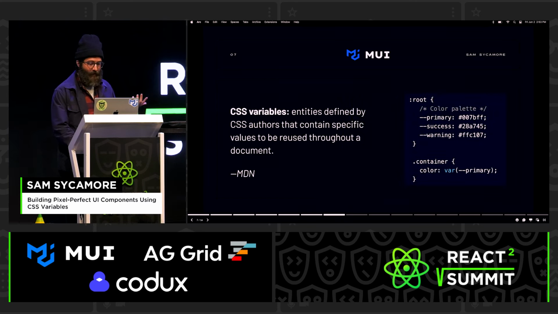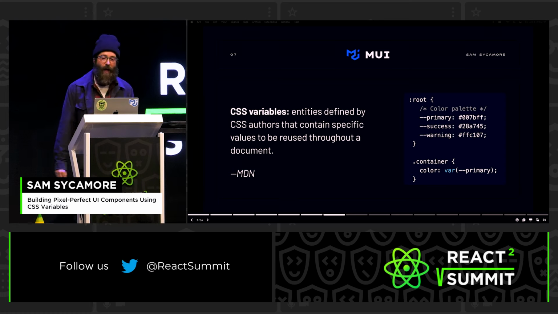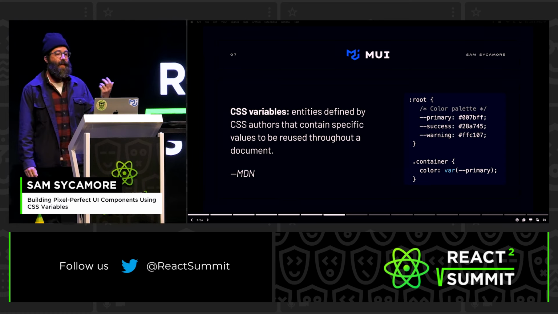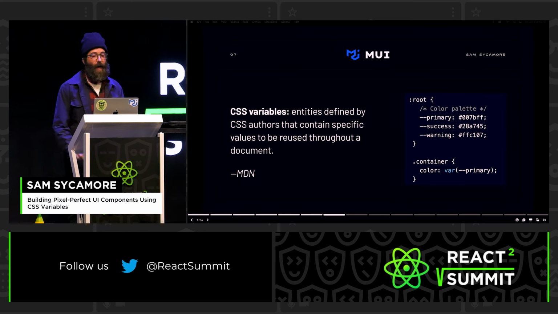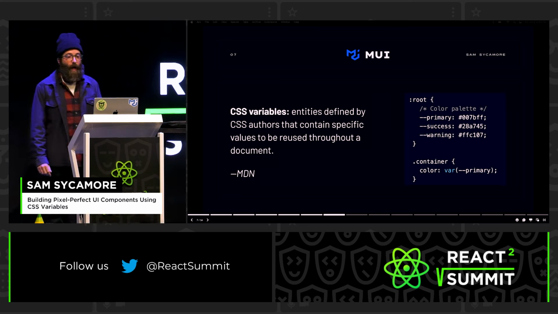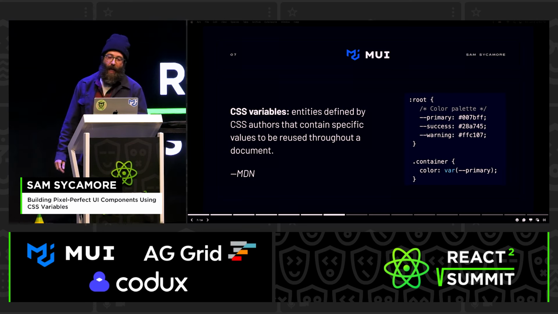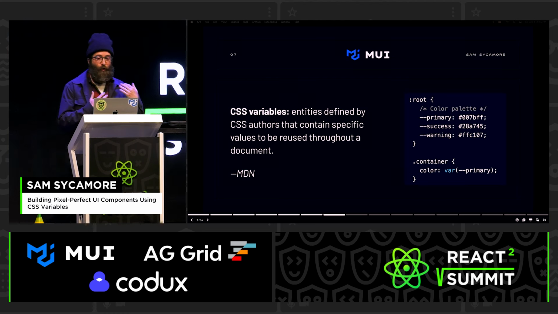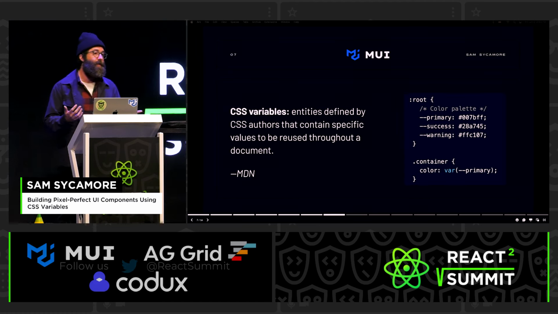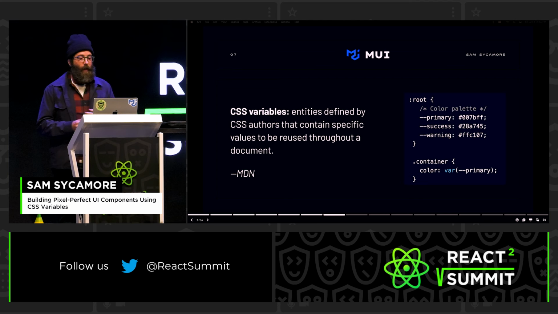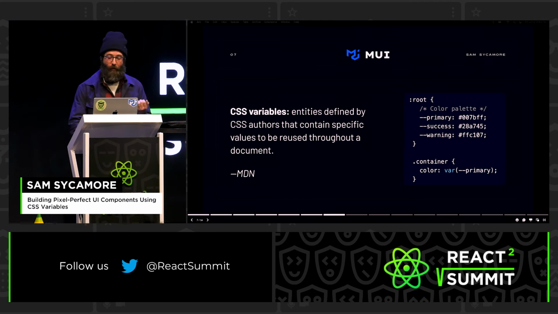So what even is a CSS variable, right? According to MDN, CSS variables are entities defined by CSS authors that contain specific values to be reused throughout a document. It's easy enough to understand in the context of branding colors, right? You've got a set of colors that are going to be reused throughout a design, and if you need to change one, it's so much simpler if you have one singular source of truth, so you're not stuck finding and replacing hundreds of instances of the wrong hex code. Having that one source of truth is so powerful.